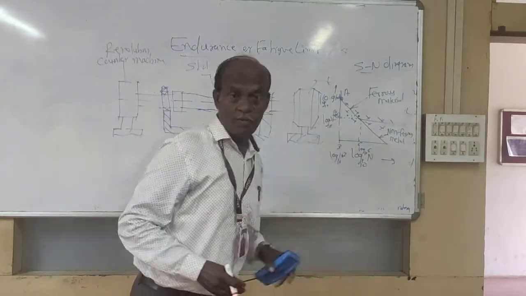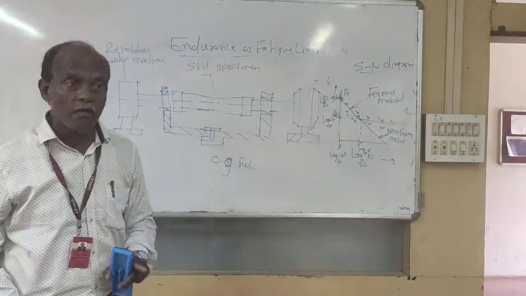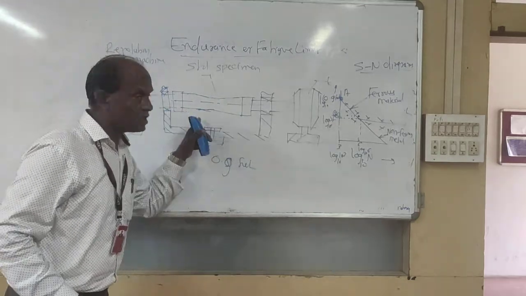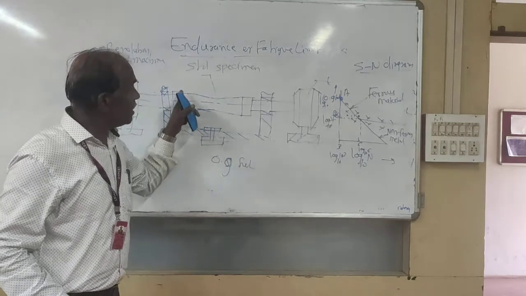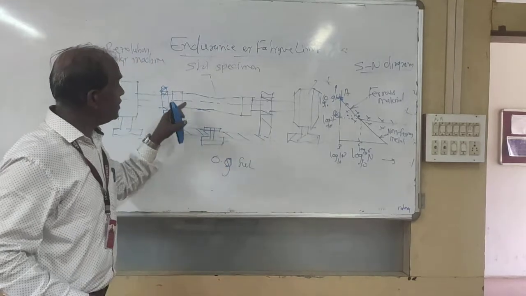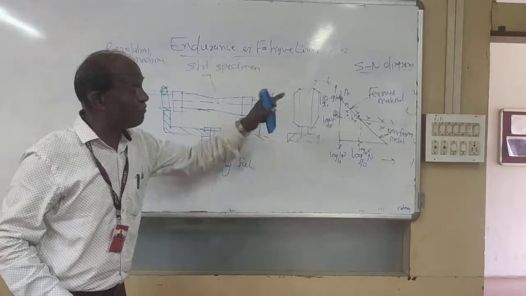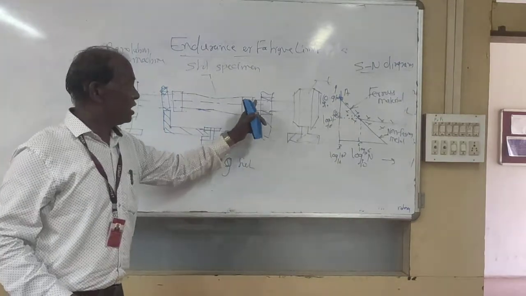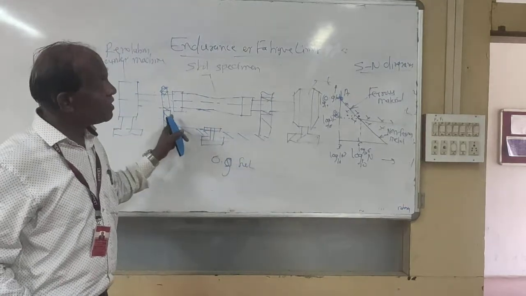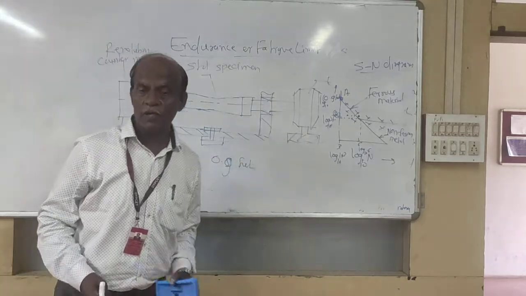The endurance limit, remember, is a property just like ultimate tensile strength, and it depends on a number of factors, because we have taken a polished bar, so the surface finish and size are fixed here. Then there is the reliability of the test. This is correct for a standard specimen but not directly for an actual component, so these difficulties are present, and it also depends upon the fatigue stress concentration factor. So this is called the rotating beam machine test, also known as the R.R. Moore test.